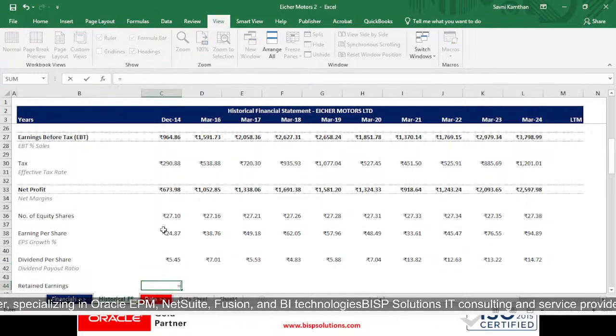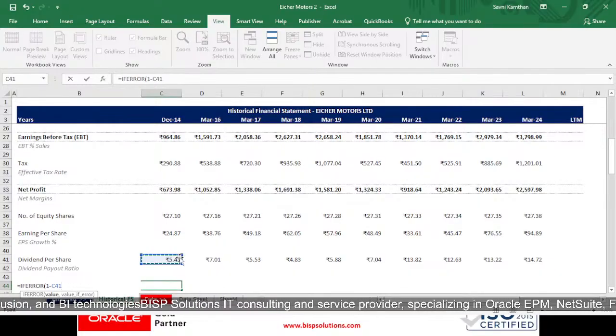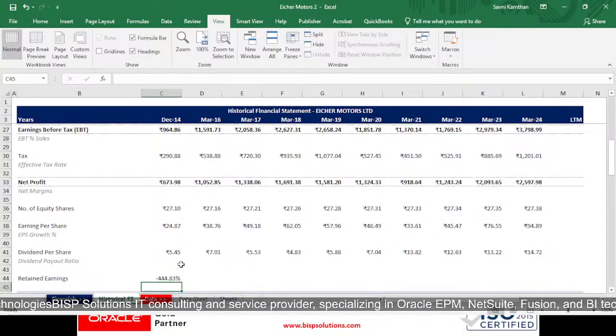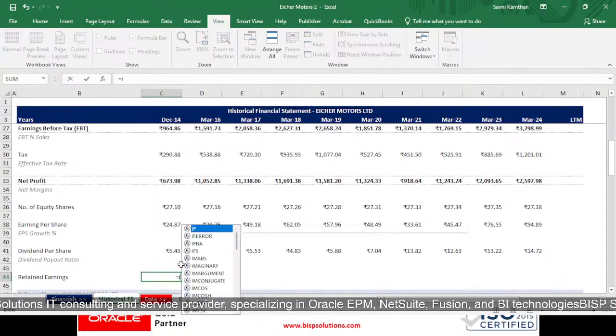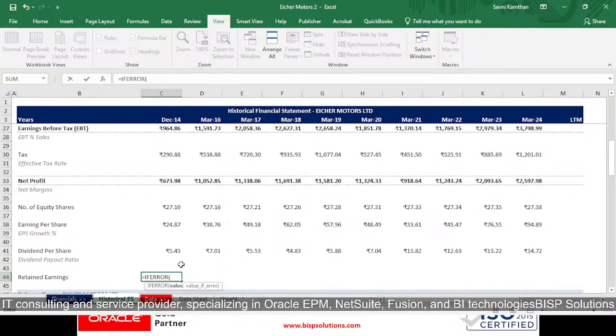Then retained earnings: IFERROR, I will be taking 1 minus dividend payout ratio, and 0, done. Just a second, equals IFERROR, 1 minus